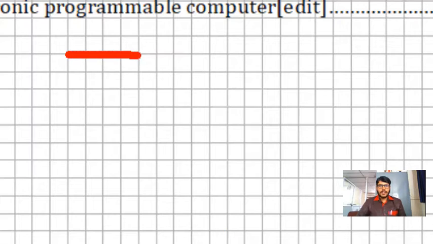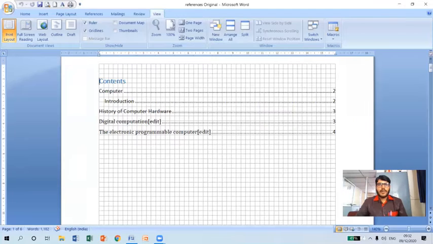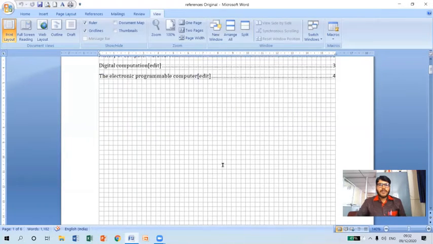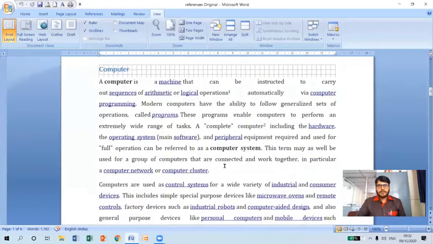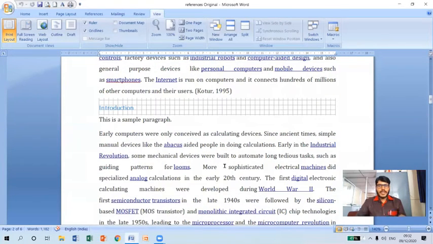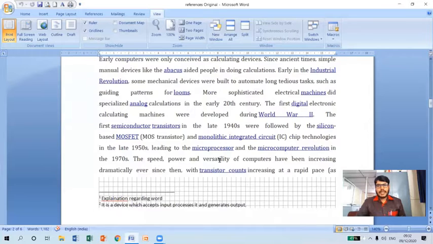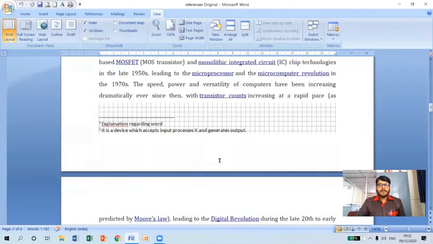Whatever horizontal and vertical lines you are going to see, these are nothing but grid lines, which are imaginary lines. Okay. So these are the grid lines, so that we can arrange the content in a systematic manner. Whenever we are placing some objects or graphical objects, it will become very easy to arrange the objects in a systematic manner by using what? Grid lines. So for that purpose, grid lines is enabled.